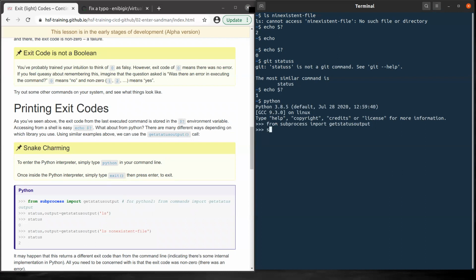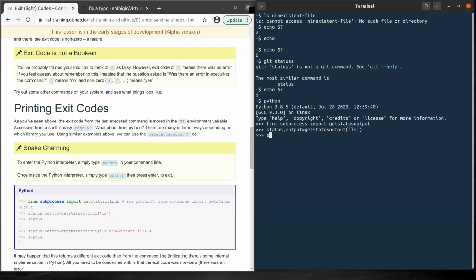Okay, let's now collect status and output, and then call getstatusoutput. We want the ls.